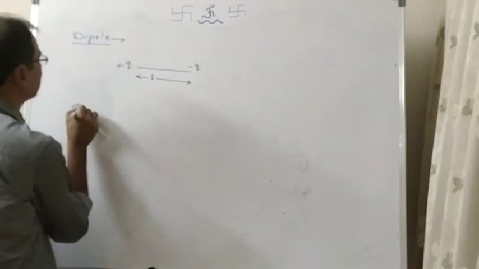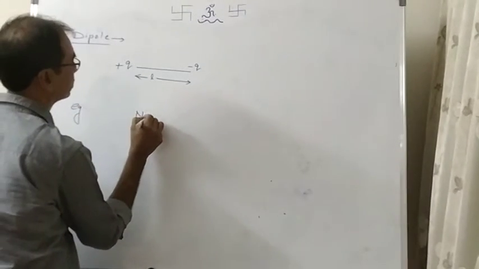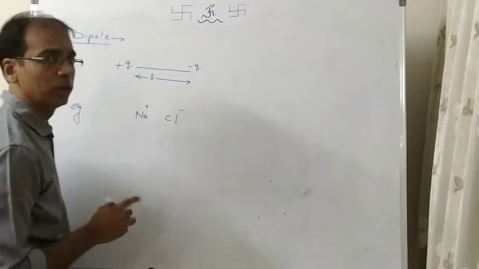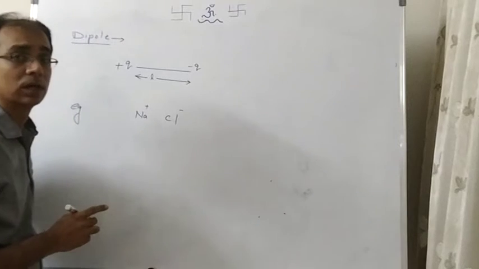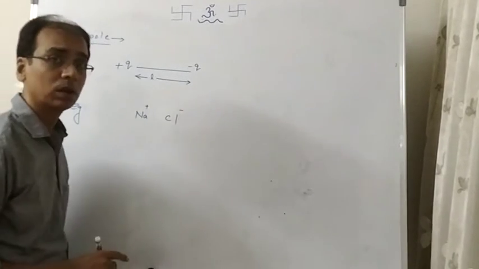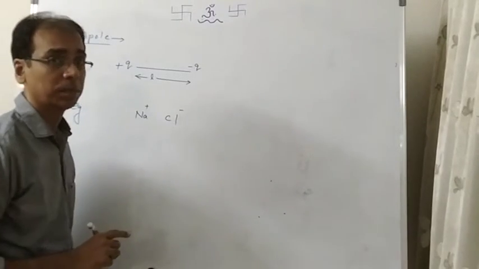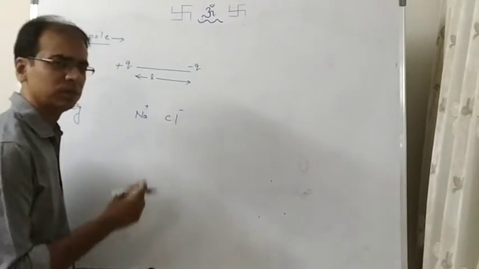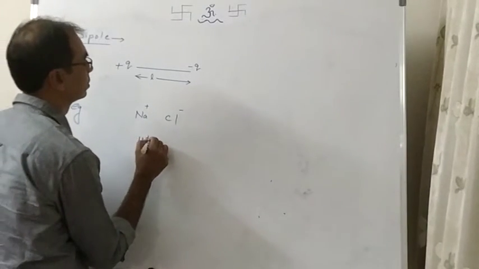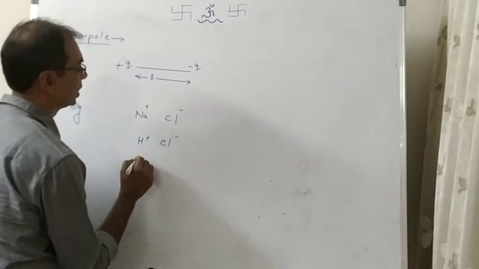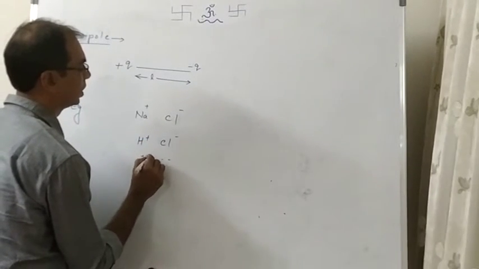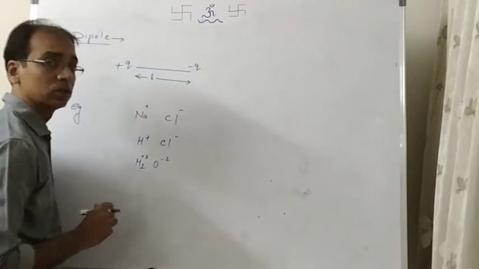If you don't go into that side, and see the molecules of an element, let's say as an example we take sodium chloride. This has positive and this has negative. Equal positive and negative? Yes. This one is one electron short, it has one electron less. This one has one electron more. So they make a pair, equal and opposite charges, very close to each other. Same way HCl. Same way H2O, plus 2, minus 2.